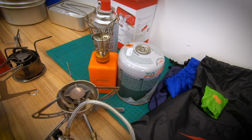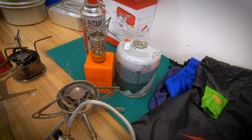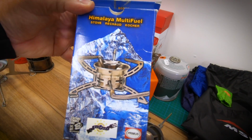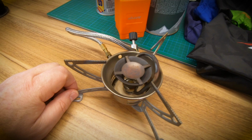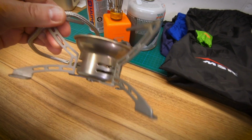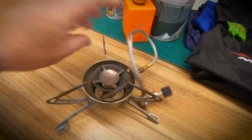Let's put that down. I think most of the people who take a stove with them tend to use gas because you have these really nice clean canisters. But is it really the best solution? Let's talk about it in a bit more detail. This is my Himalaya multi-fuel stove, and I had that stove on the last 2 long trips I did over the last 2 years. So everything was cooked on this little stove. I run it off gas bottles, and as you can see it's in really good nick